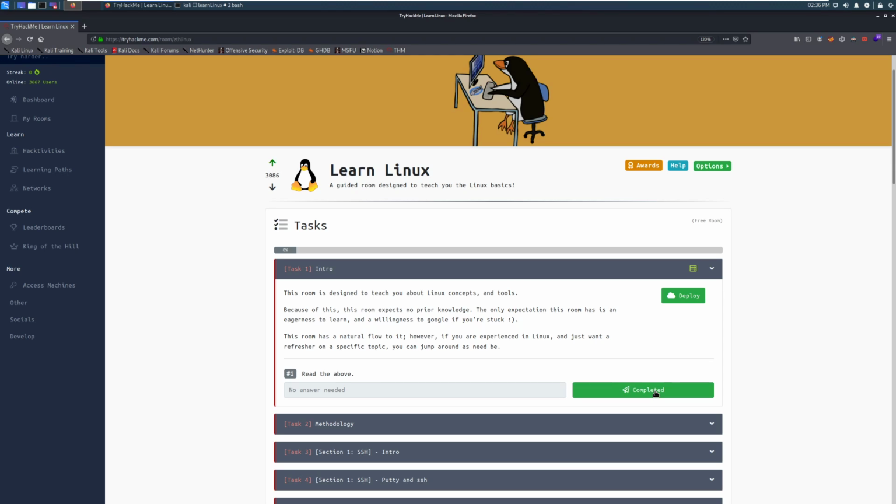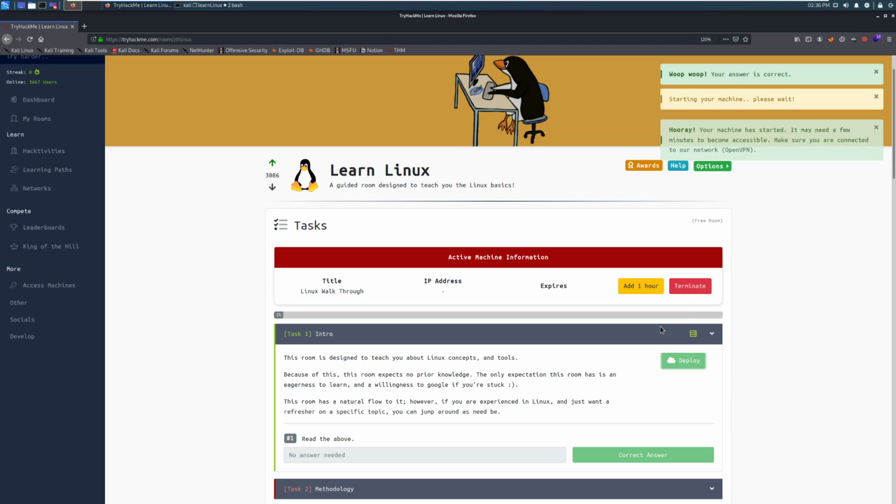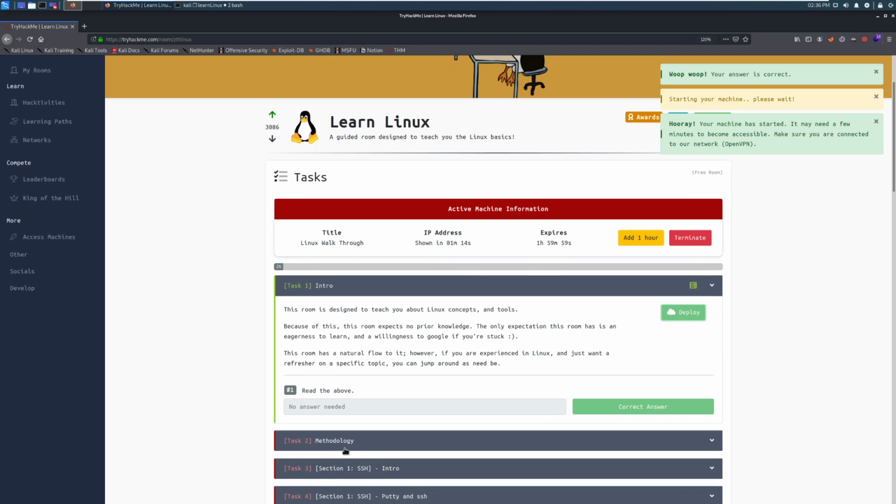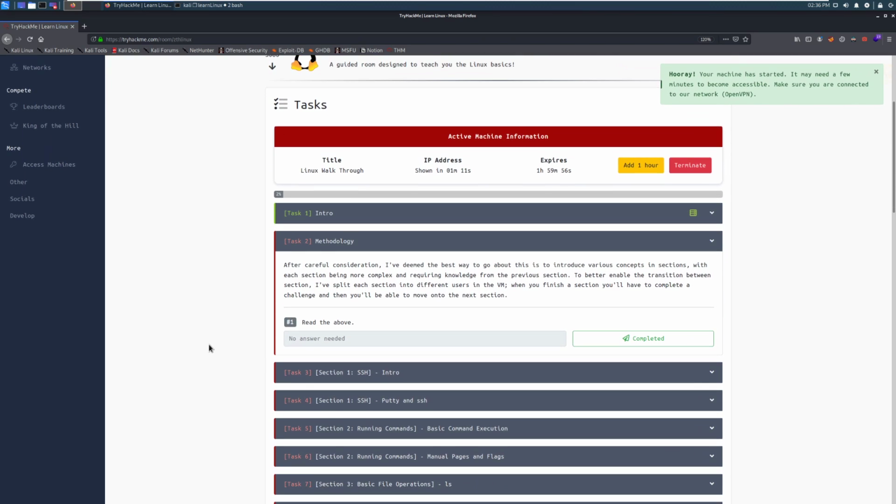However, if you're experienced in Linux and just want a refresher on a specific topic, you can jump around as need be. So we'll go ahead and mark that as completed, and I'm going to go ahead and deploy the VM as well while we move on. And we'll give it just a moment to start up, and while that's doing its thing, we're going to jump